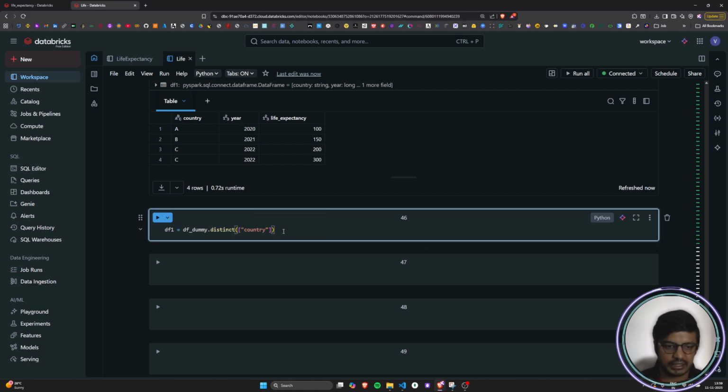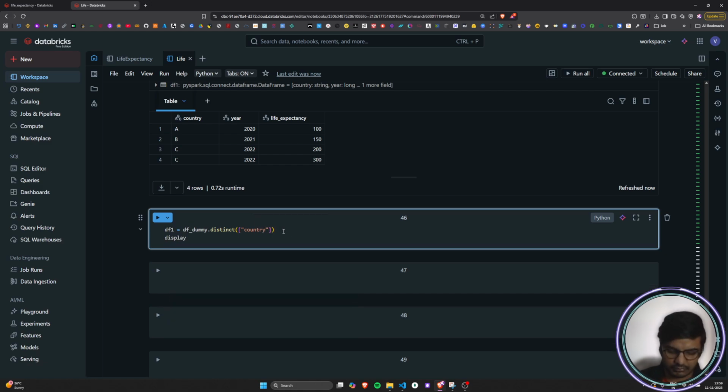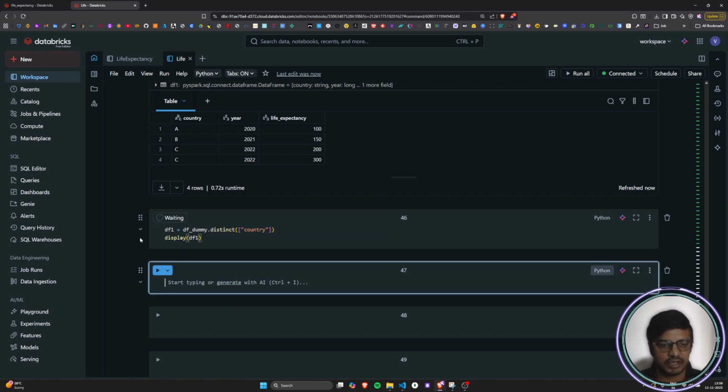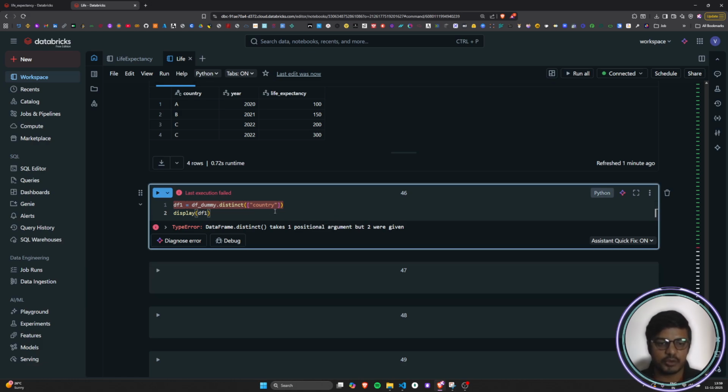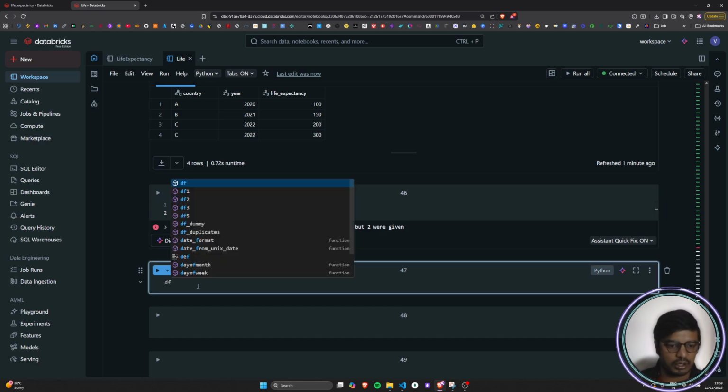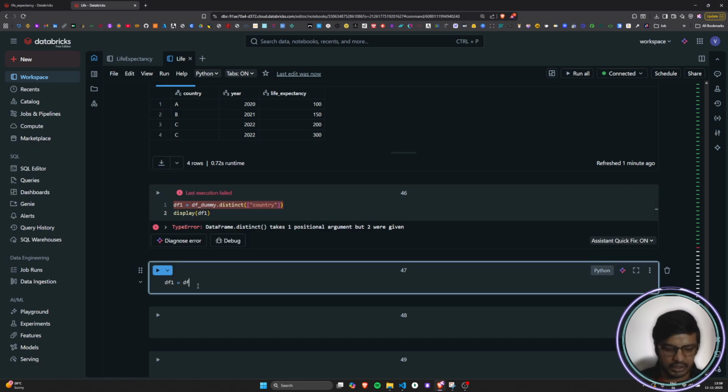If I pass it and if I display df1, let's see what happens. Here we are getting a type error, and it says the DataFrame distinct function takes one positional argument, but we have got two arguments, right? So it is not possible in the case of the distinct function, but it is very much possible with the dropDuplicates function. So if I do df1 = df_dummy.dropDuplicates,